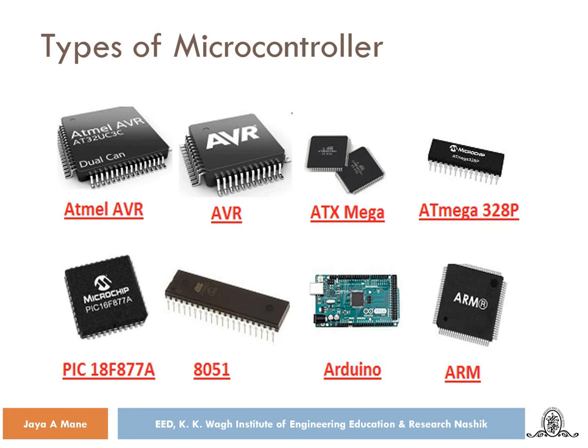In the market there are many microcontrollers available other than 8051. Since 8051 is in our syllabus, we are going to go into much detail with this one. But other than that, there are other microcontrollers available. As per the manufacturer, there are AVR, then you have ATmega, ATmega328P, then there is PIC 18F, which are products of Microchip. Then you have the Arduino and the ARM processors are also available there.